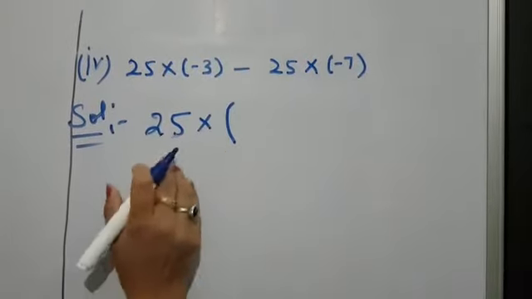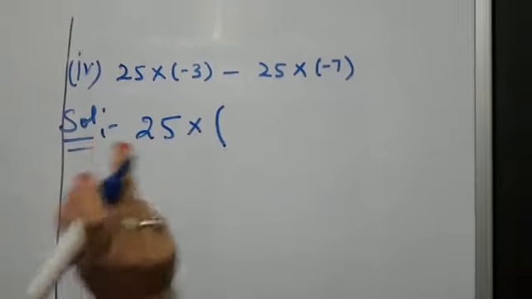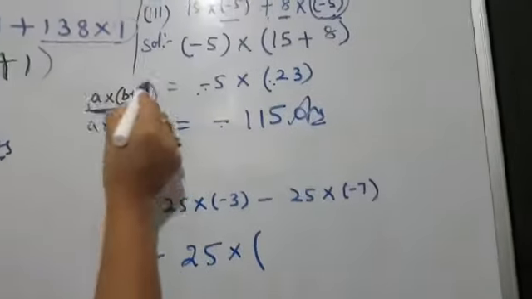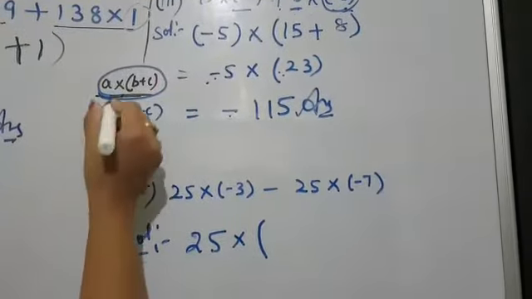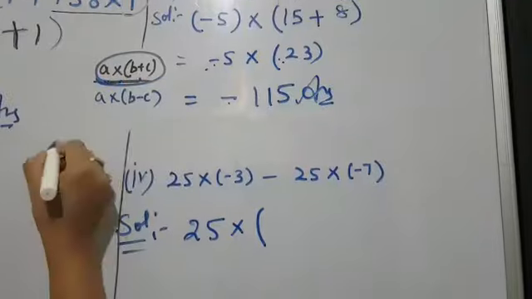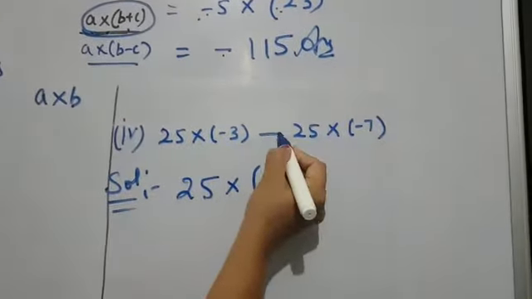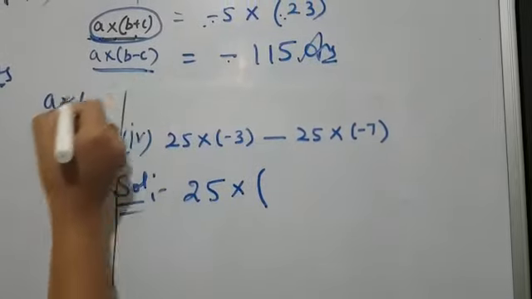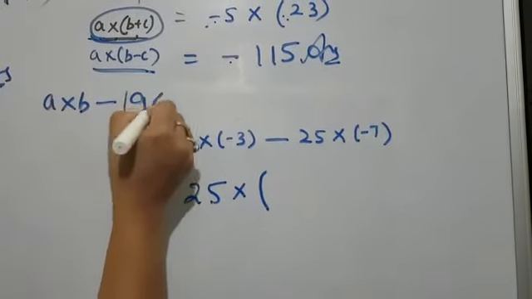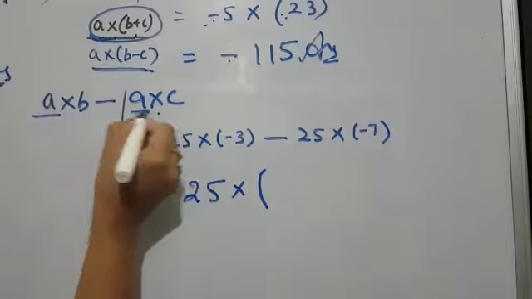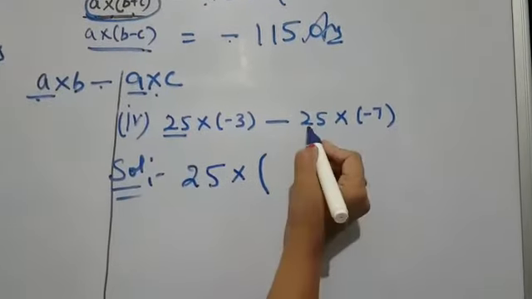Which form of the distributive property are we using? You can clearly see that this form we are using. The answer of this form means A multiply B, and this one minus sign is there. We will be using this: A multiply B minus A multiply C. A is repeating in both the terms. Which A am I talking about?